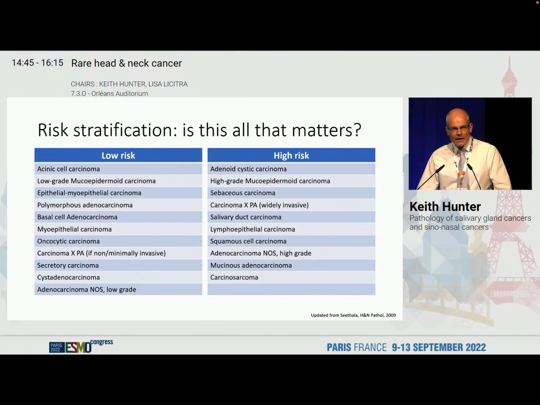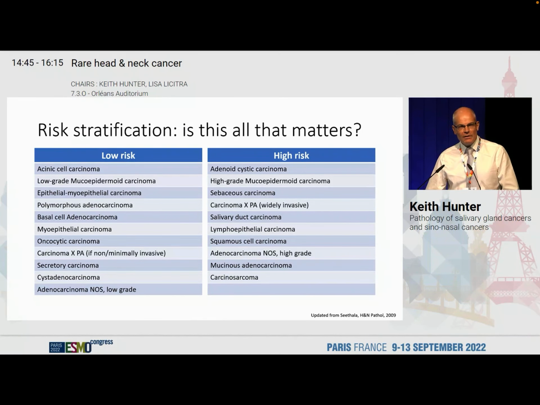And he would, I think, at that time, and I would certainly at this time, say that this is perhaps a little naive in terms of the classification, and is also a bit simplistic for a number of different reasons. Of course, perhaps the foremost of these is that none of these salivary gland tumours actually read the classification. But we have some tumours which do tend to follow a fairly classic course, yet there are others which do not. In addition to high and low risk, we know that that may or may not transfer over into low grade and high grade. We're going to come back to grading in a little while.